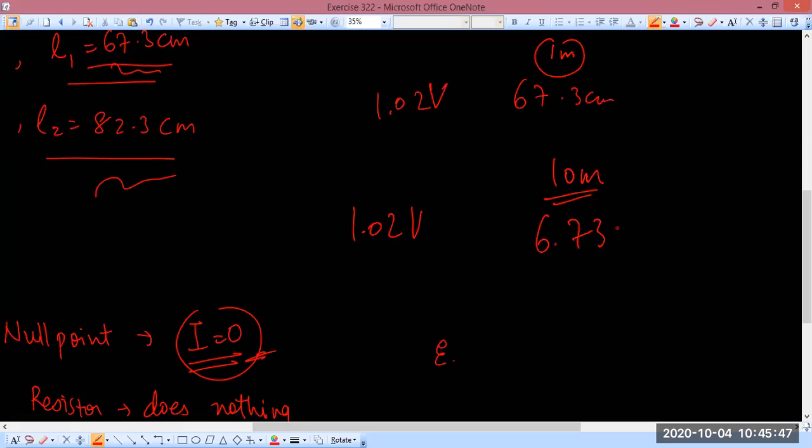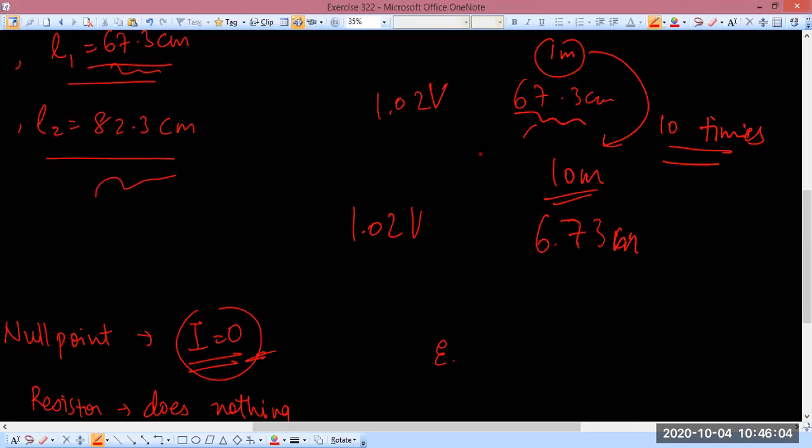6.73 meter. Why? Because the wire length has become 10 times. Do you understand what I'm saying? If the wire length becomes 10 times, then this null point length will also become 10 times for the same